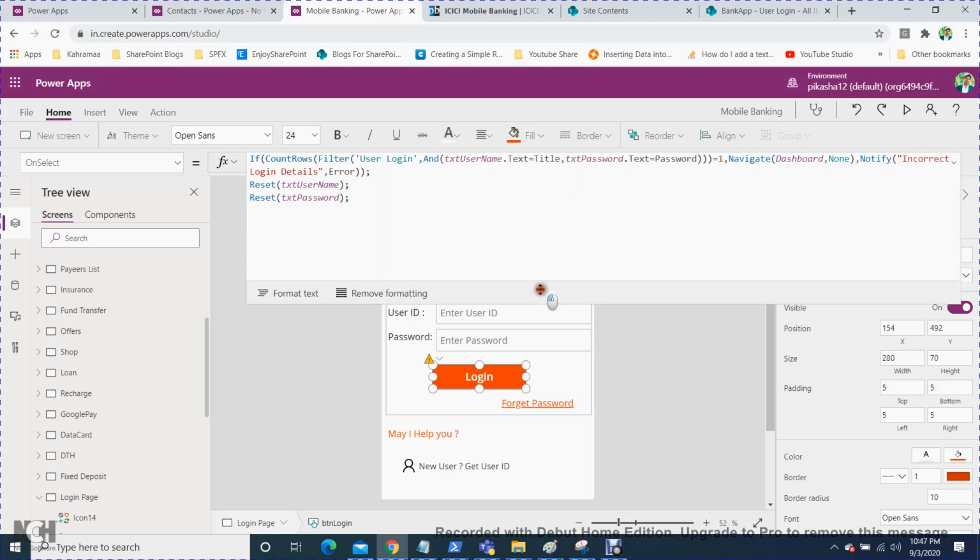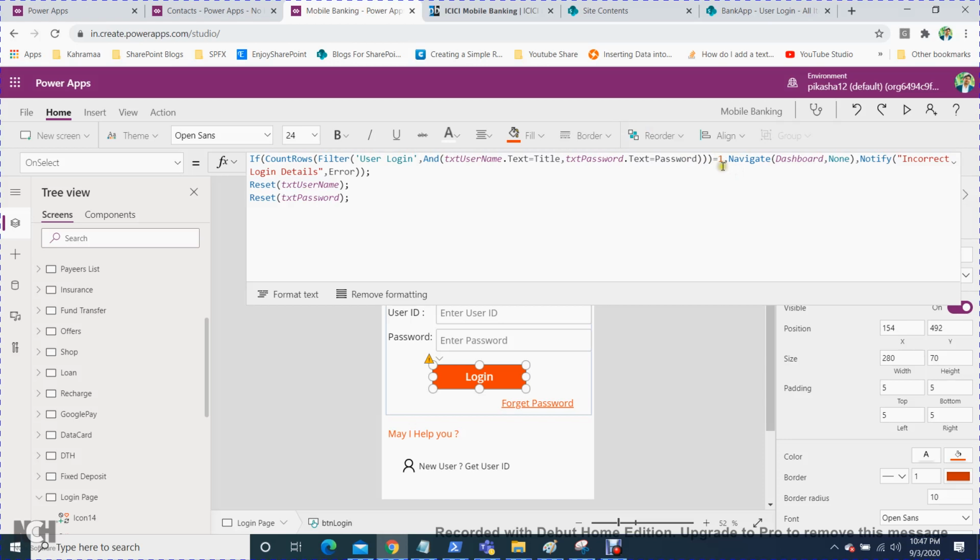In the login control, on select of the button, you just have to write: If CountRows Filter where UserLogin, which is your SharePoint list, Title equals the username text and Password equals the password text, is equal to 1.